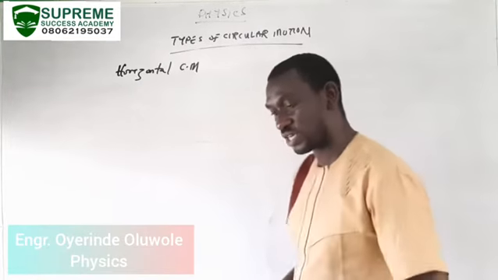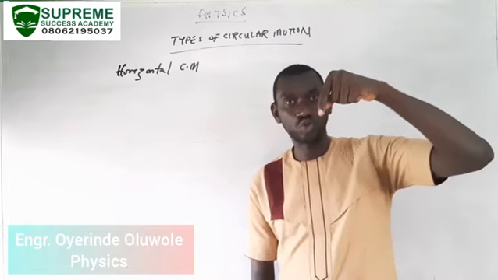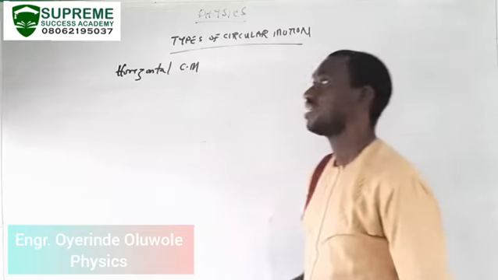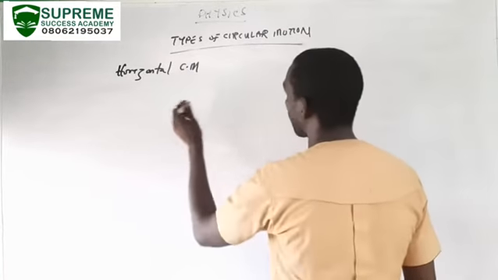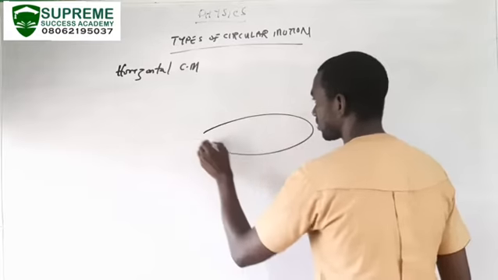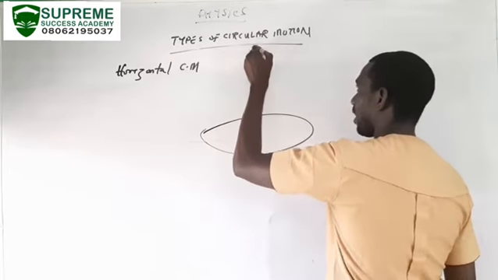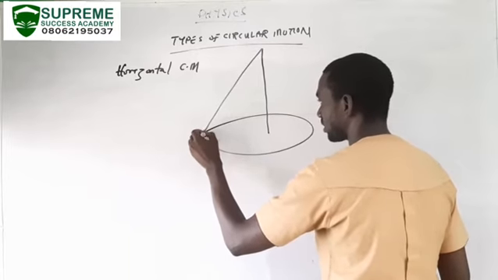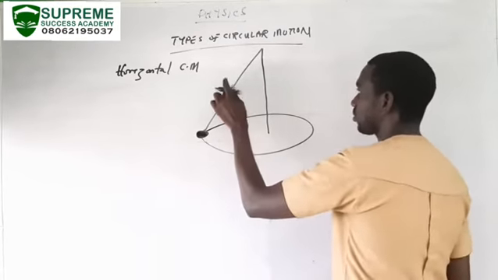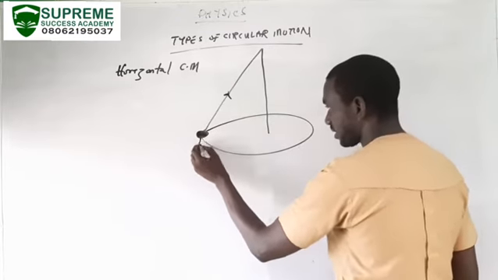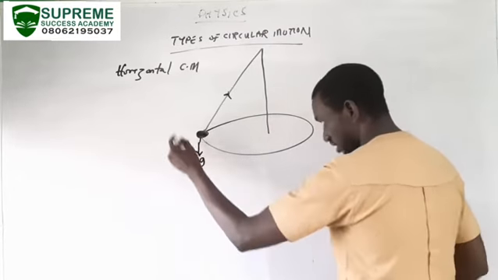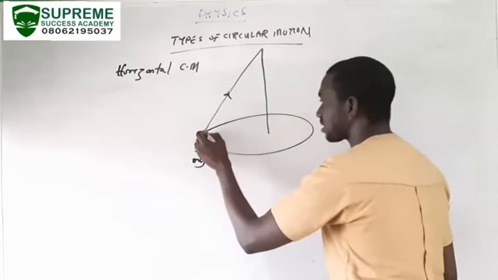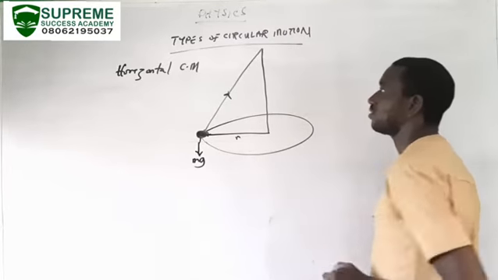Horizontal circular motion is just like you tied a rope to an object and you are now whirling it like this. It's also called conical circular motion. You have it like this, and you have your center at the top. Then this is the rope attached to the object with which you are whirling. So this rope, the object, we have a certain mass, which is equivalent to a weight, mg. The horizontal circle in which the object is traveling, we have a certain radius.